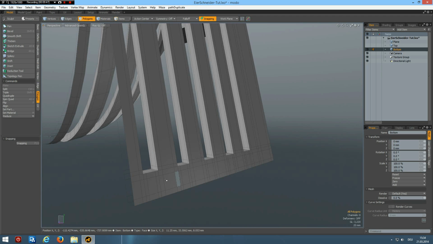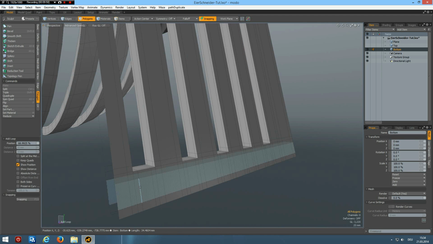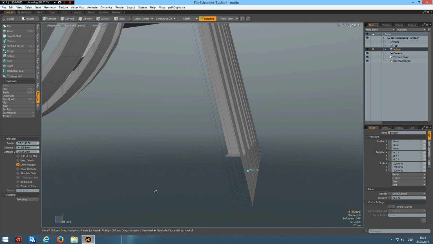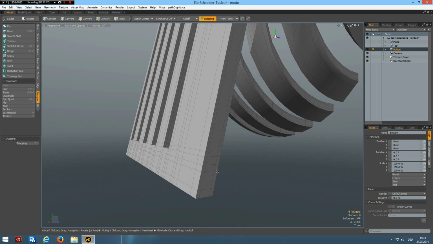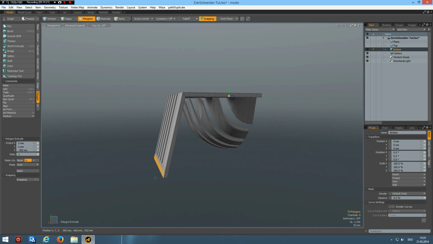So we are getting there slowly. I put the single edge in here, about the same thickness, like so. And then I select this shift up arrow and hide. That's only to make selection a bit easier. I can use the L key again, U for unhide, shift X, and move this out,